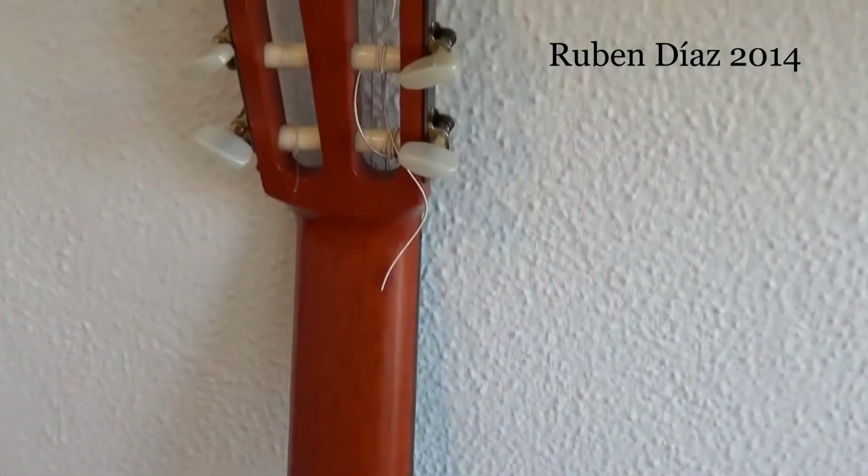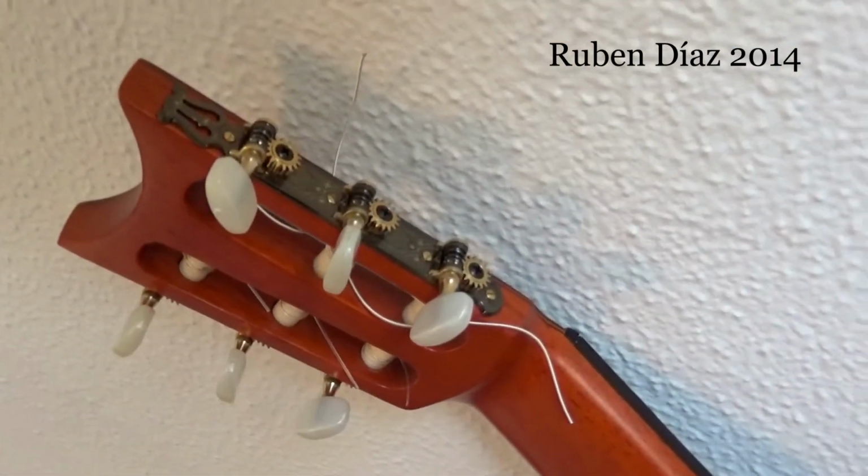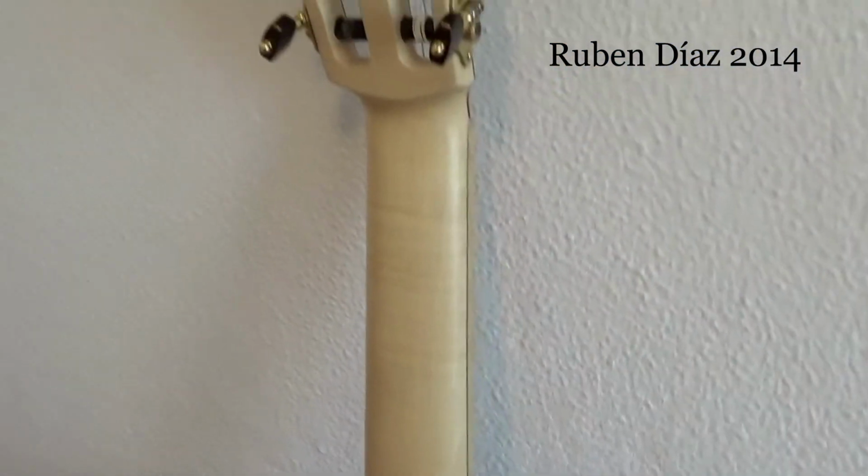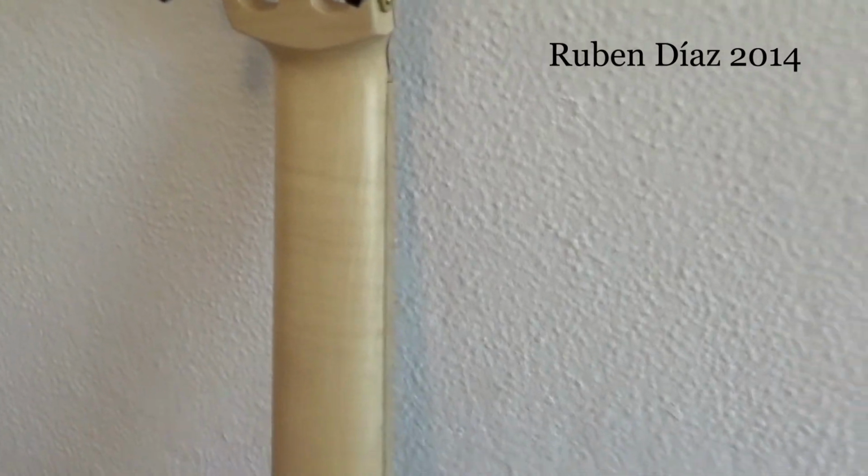This is one thing, and the other is about the neck. And the neck, here we can observe that from the old model, which was of cedar, like any other regular guitar, this has the Fustero machine heads. And of course that was a cypress one, and this is a cherry back and sides guitar, and the maple fretboard with the flame maple neck. Now, as far as the angle is concerned,